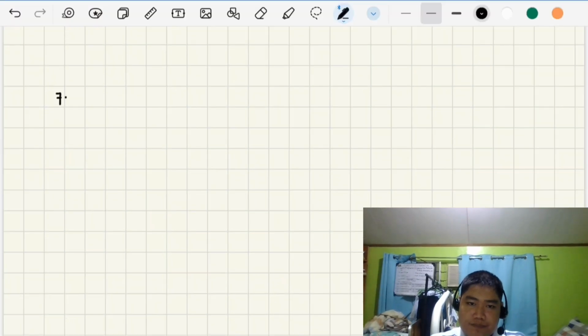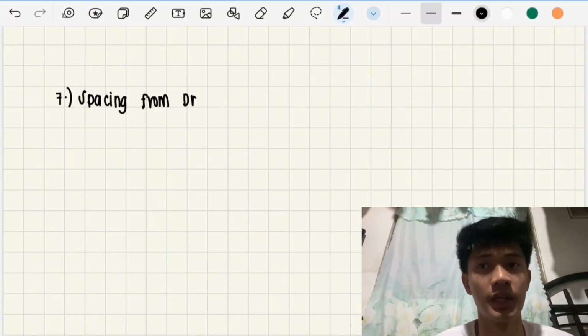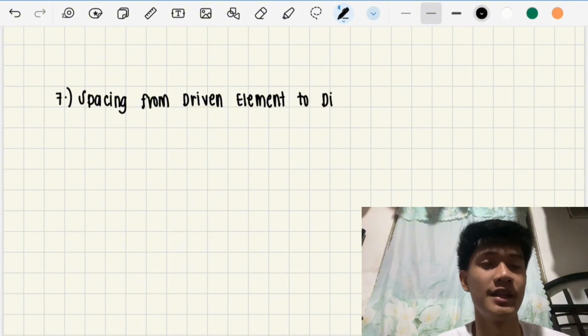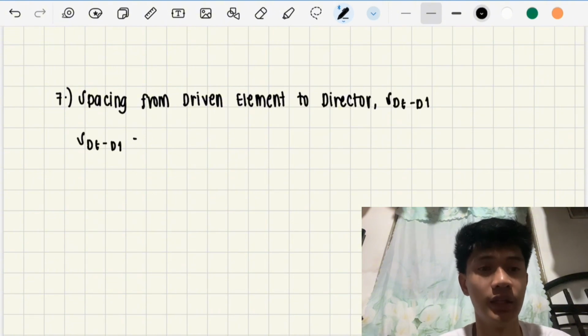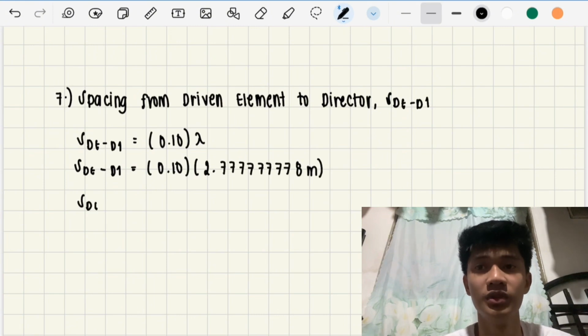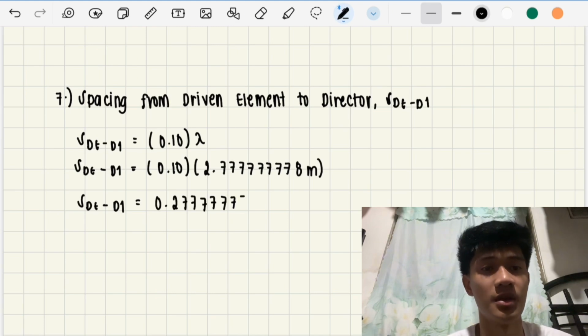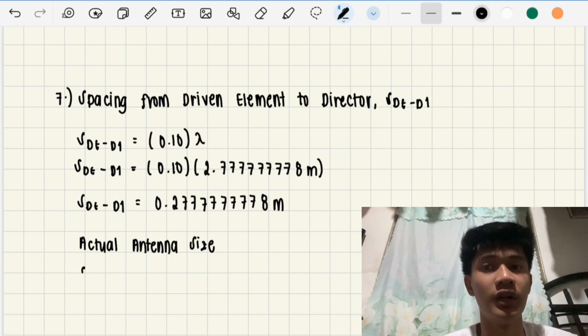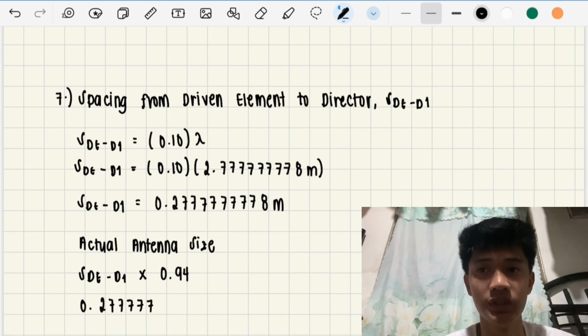So good day everyone, I'll be discussing the spacing from driven element to director or SDE minus D1. So we will be using the formula SDE minus D1 equals 0.10 multiplied by lambda. And now for the substitution, SDE minus D1 equals 0.10 multiplied by 2.7777777778 m. And for the theoretical value, we will be using the formula of negative 6% equals the original value times 0.94, which is equivalent to